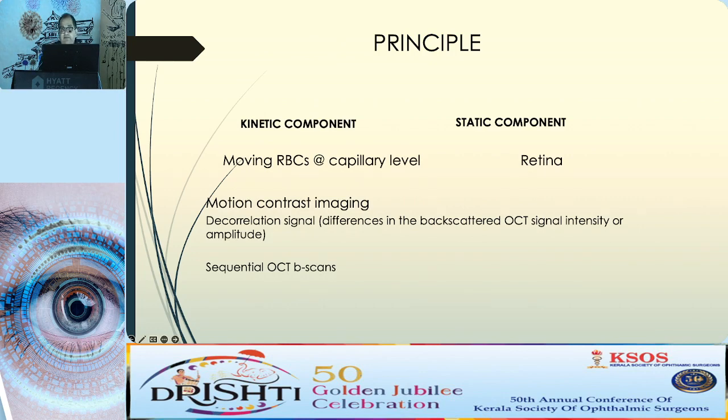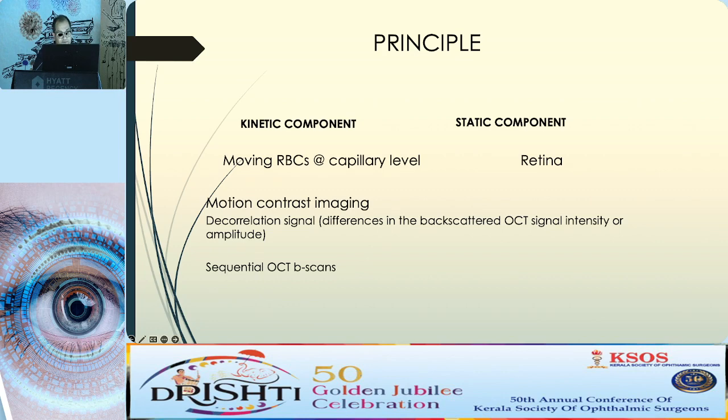Usually, the basic principle is it is similar to what we see in an ultrasonography. Ultrasonography uses sound, whereas Octa uses near infrared light, and it has two components. One is a kinetic component and a static component. So the moving RBCs and sequential photographs of that particular area against the normal non-moving surrounding structures like the retina, choroid, and the other vascular structures is seen, and then the machine interprets this image, and then it creates something like